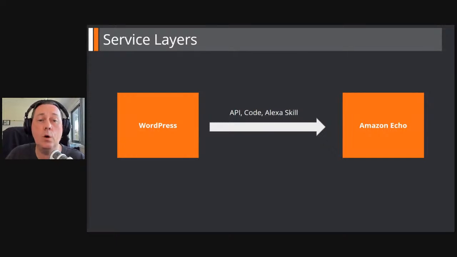Now, in order to talk to Amazon's Echo API, this requires a lot of authentication. So if you're doing it on your own, it requires a lot of code. We're talking about API keys, authentication, code in between, and creating an Alexa